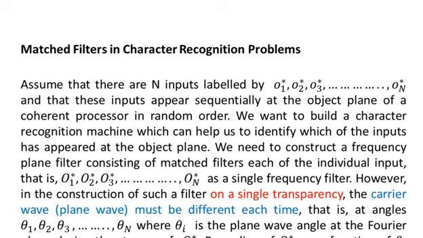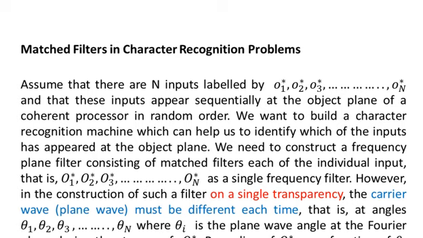Assume that there are n inputs labeled by O1 star, O2 star, O3 star and so on up to On star. This star means that this is actually the conjugate of the object O1, conjugate pattern of object O2, conjugate pattern of object O3 and so on up to the conjugate pattern of capital N. So these are the n objects. I am not saying conjugate again and again, but I shall be using the word star. So O1 star, O2 star, O3 star and so on up to On star are the n inputs,